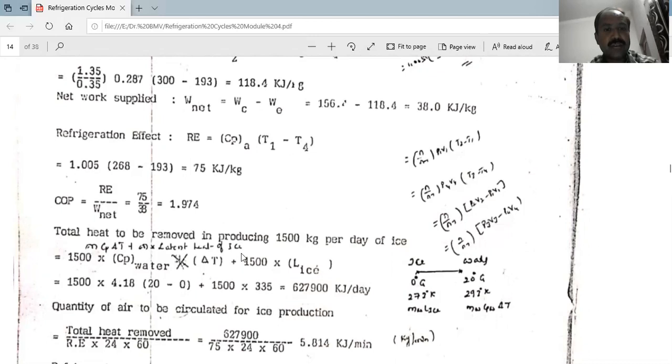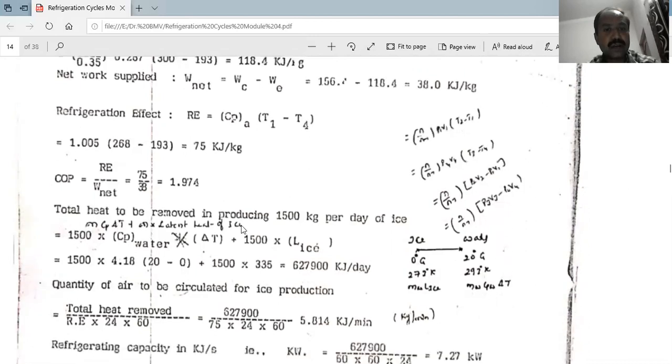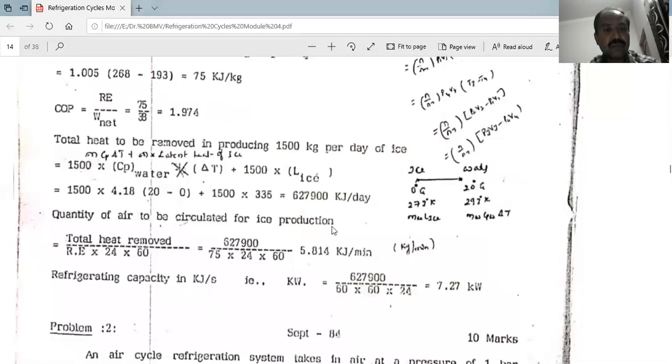Latent heat of ice, they have mentioned it in the problem, 335. Then you should get 62,079, 6,29,27,900 kilojoules per day. Then the quantity of air to be circulated for ice production is equal to the total heat removed